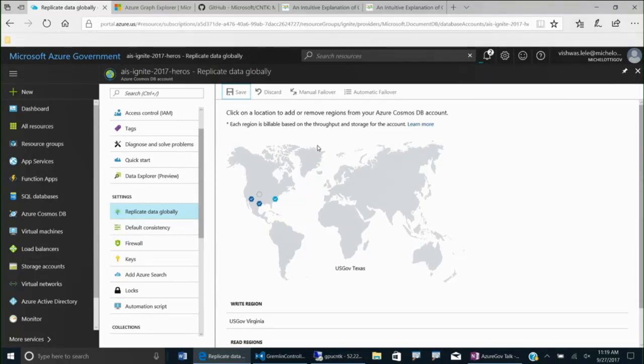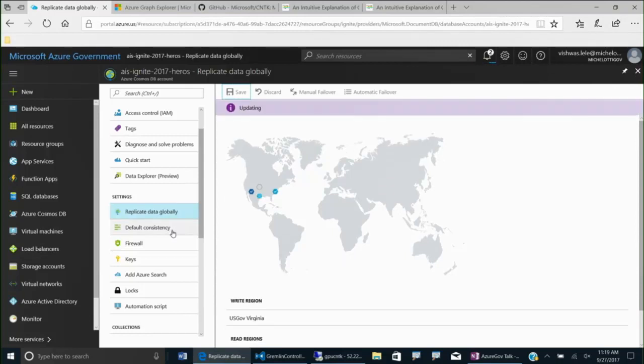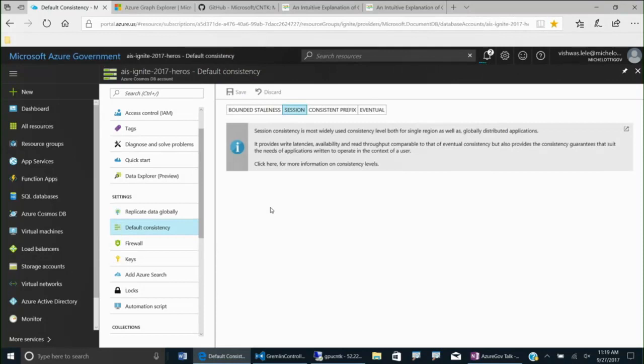While this data is getting replicated, let me also point you to the consistency story here, which is quite interesting. Normally, when you talk about NoSQL databases, you have a consistency story that ranges from almost linear or strong consistency to an eventual consistency model. And Cosmos DB essentially offers you three intermediate states. So you can have,